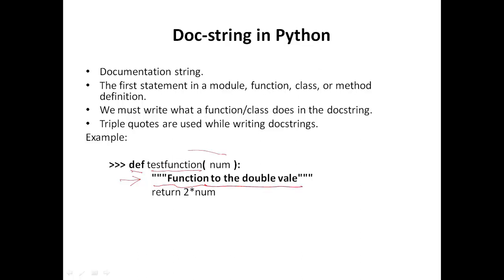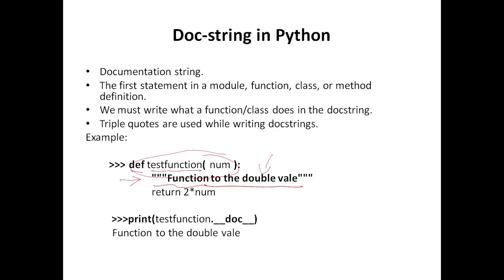That is the working of this function exactly. So it is up to you what you want to write here. You can write anything inside this triple quote; that is the documentation string. So if a new user comes and wants to know what your function does, that person will write the function name followed by dot, double underscore doc double underscore. That's how that person will get the documentation string, so you can check what your function does exactly.